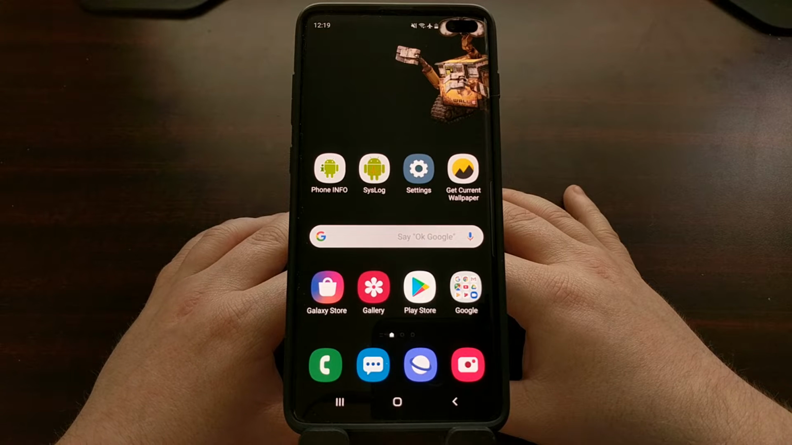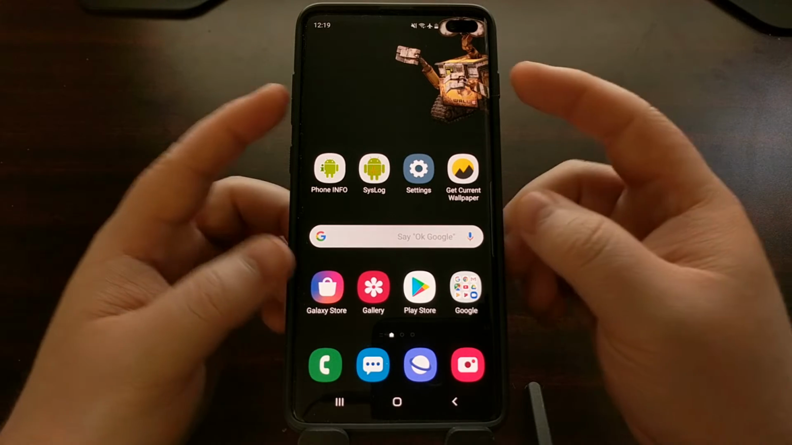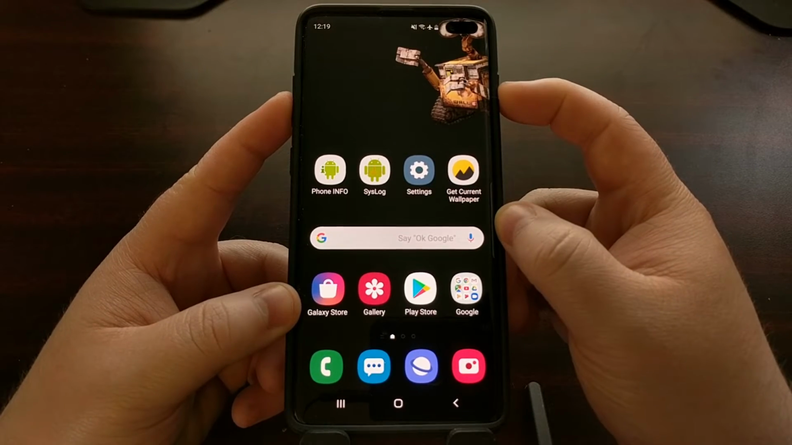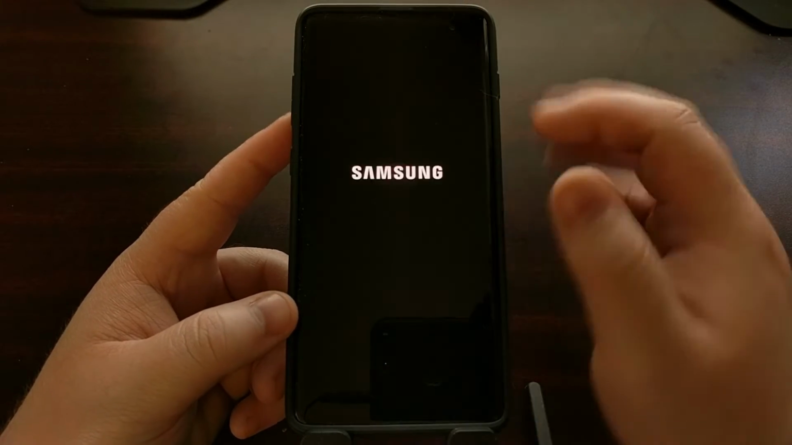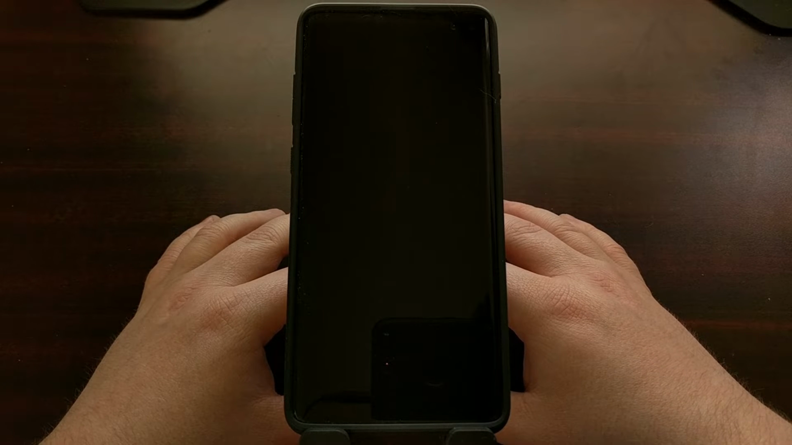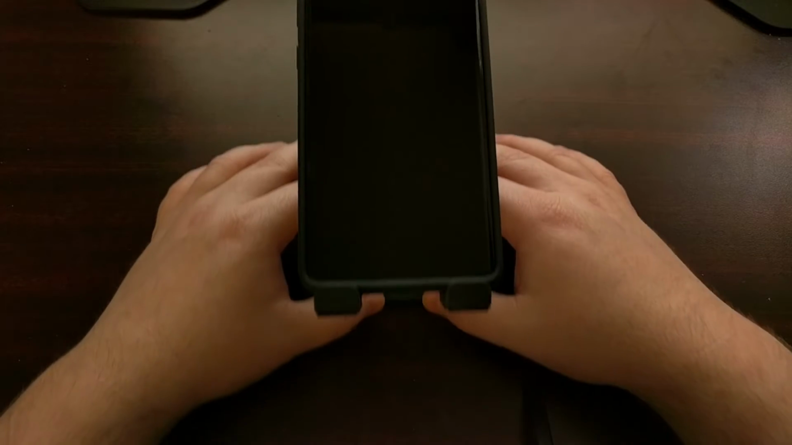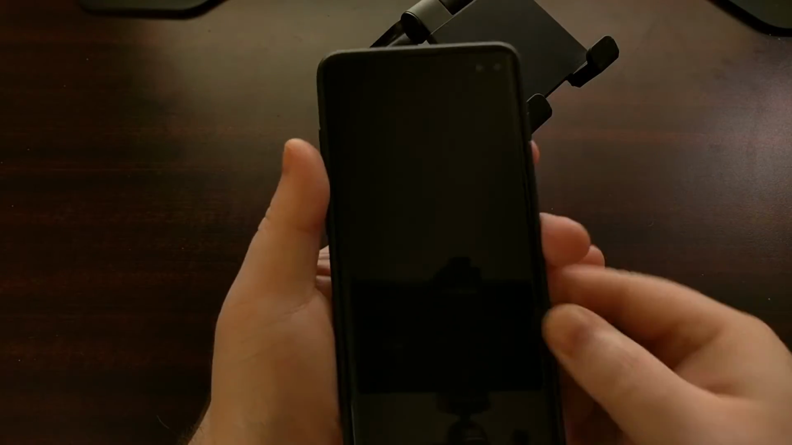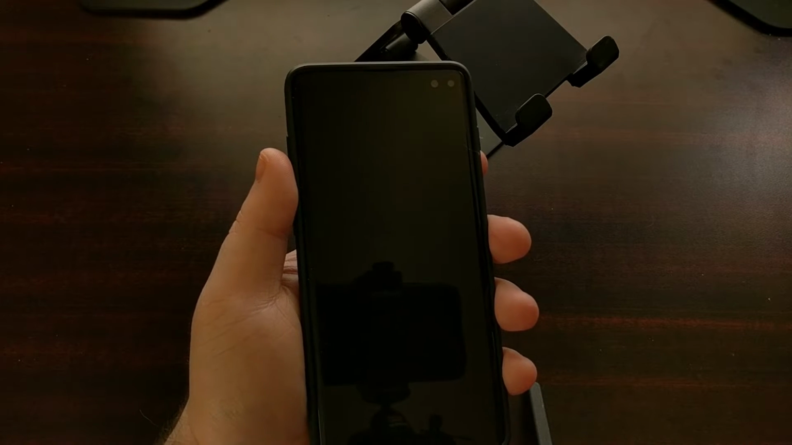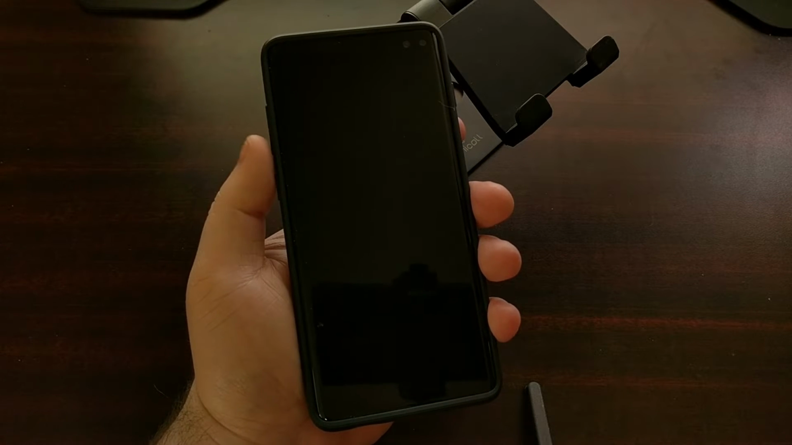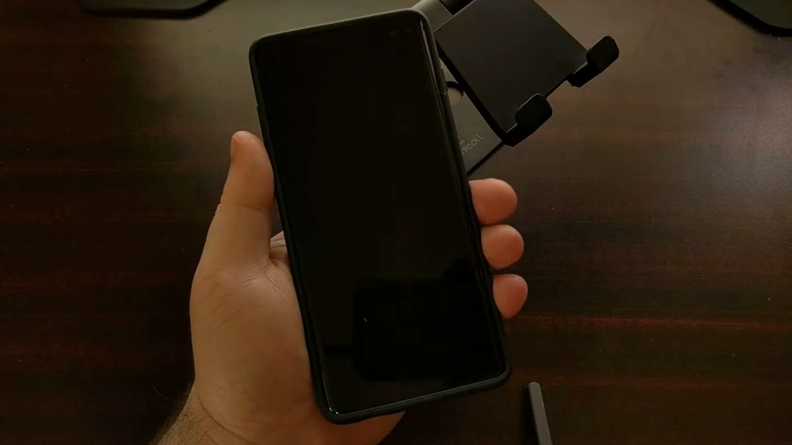So unlike the other special boot modes for Android, this one is a bit different. We are still going to have to power off the device. And we are still going to have to press and hold a couple of buttons during the boot process. But we're actually going to need to also have a USB cable that is connected to our computer. And what we're going to do is press and hold both the Volume Down and Bixby buttons